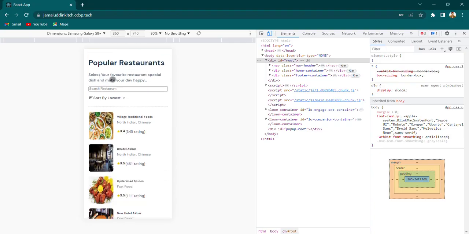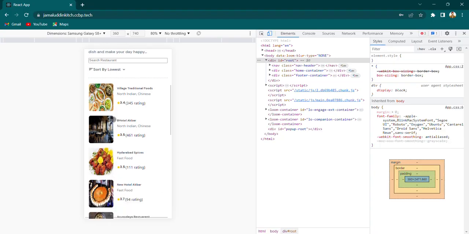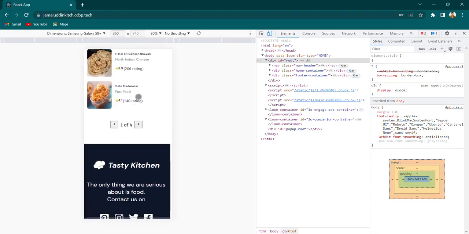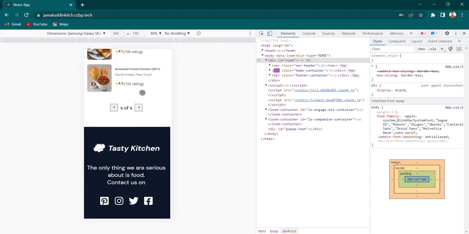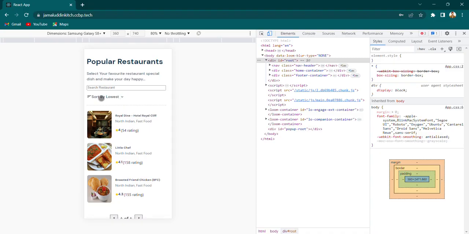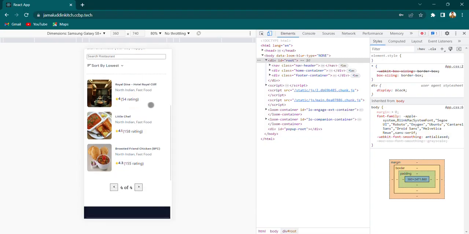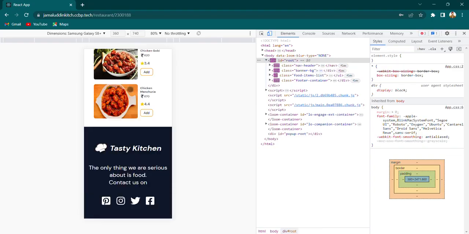The popular restaurants are here. If you look at the popular restaurants, there are so many of them. They have a sorting option also. Once you click highest to lowest or lowest to highest, the items will be arranged according to the ratings. Here, if you select any one of the restaurants,